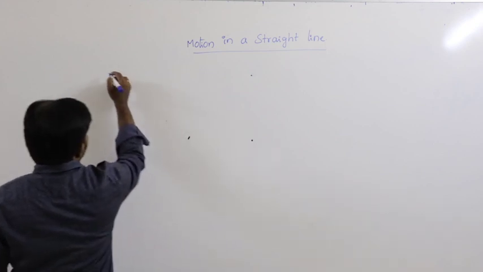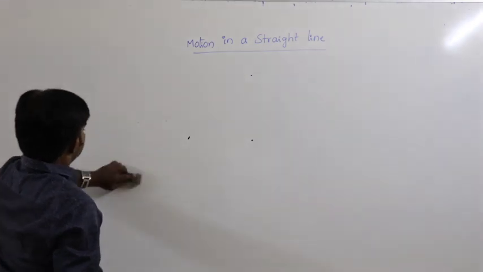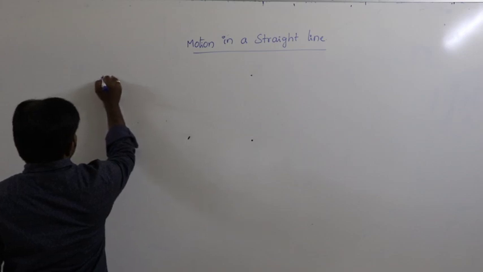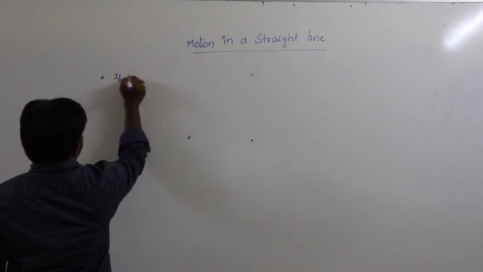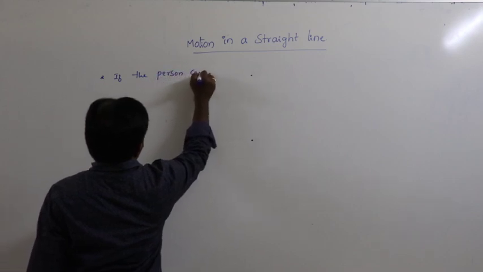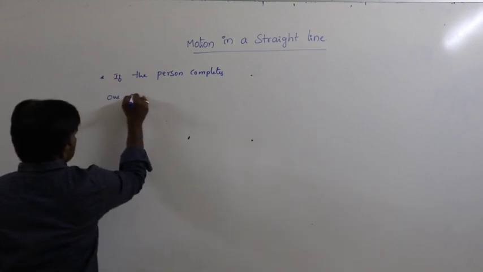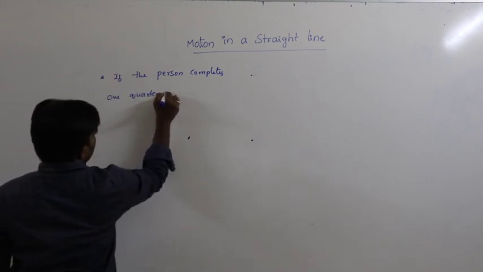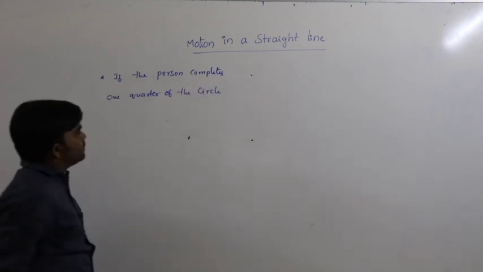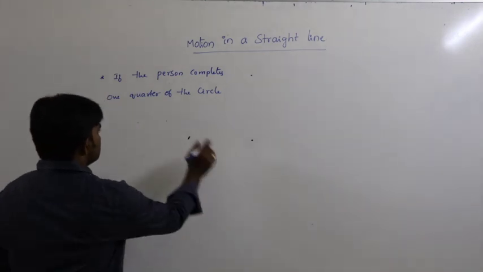Now for example, if the person completes 1/4 of the circle, so that means